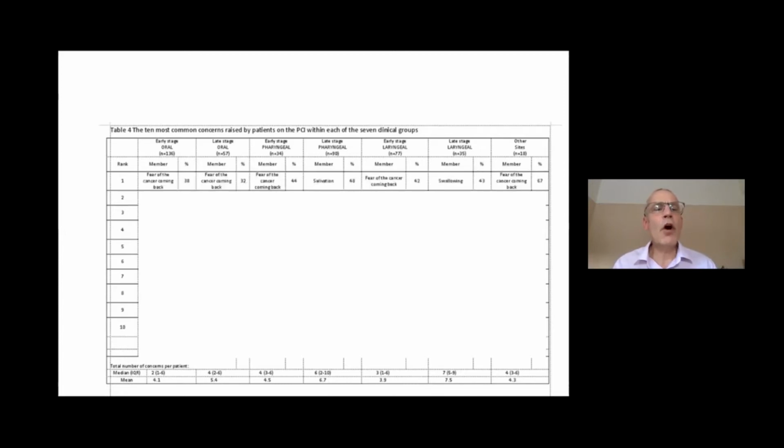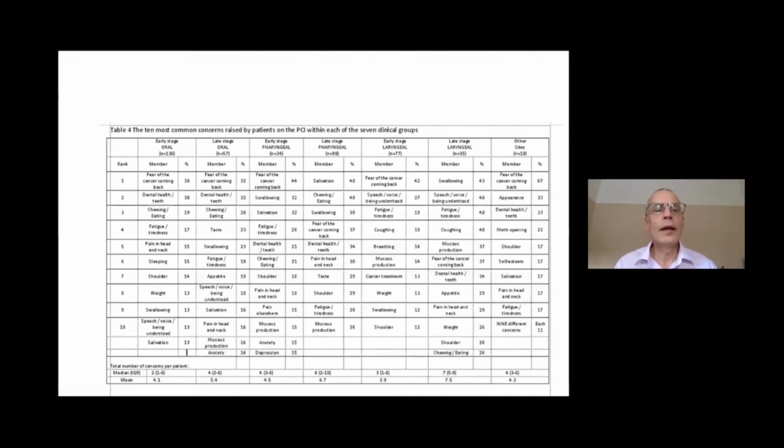What is the commonest item when we did this survey? And you can see that fear of the cancer coming back is very strong in this group. And then going down the top 10 items, dental health, chewing and eating, fatigue in the top 4 for the early oral. And of course, the mix of items varies a little bit by site